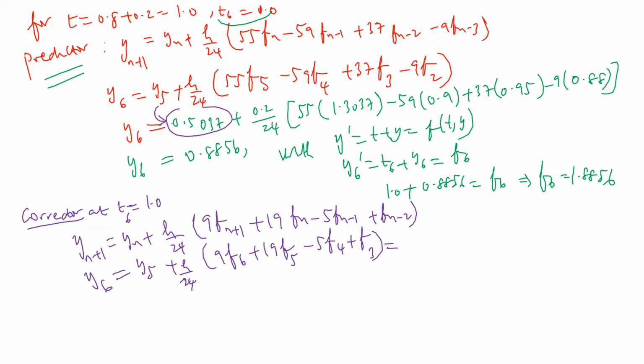It came from the corrector of the previous calculation, from the corrector at t equals 0.8. So you have Y5, which is 0.5037,